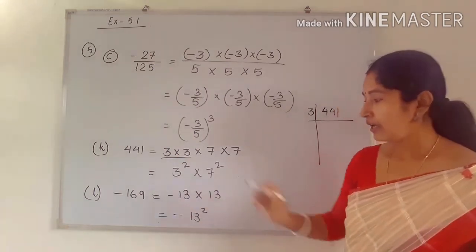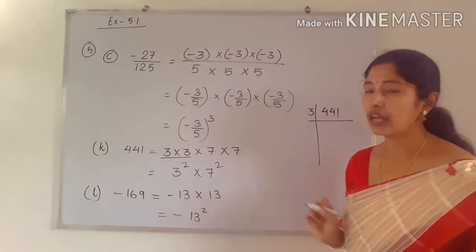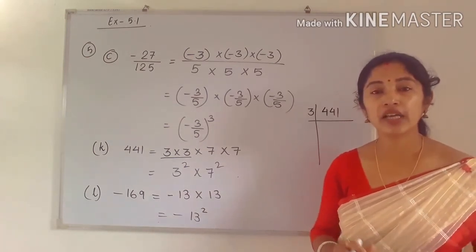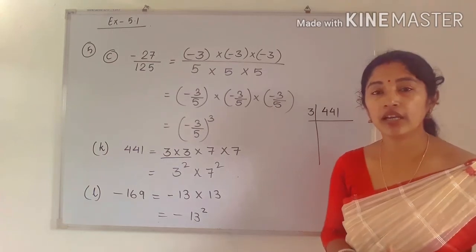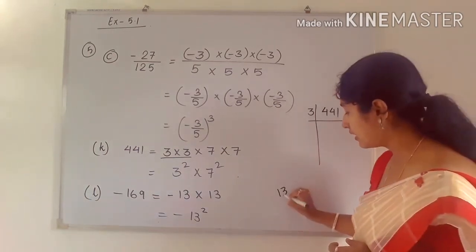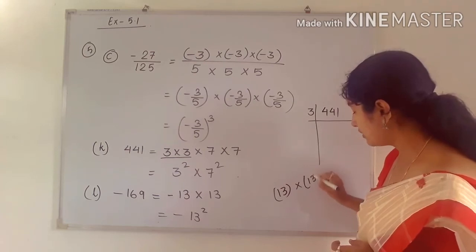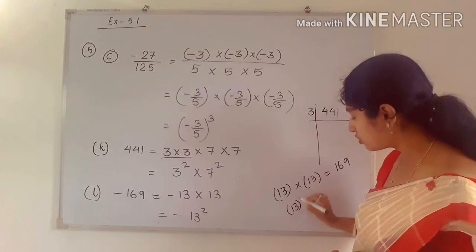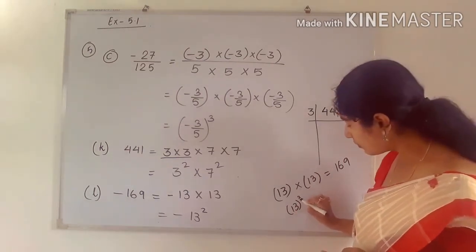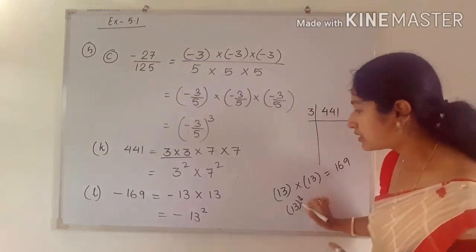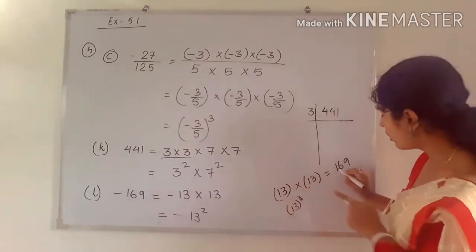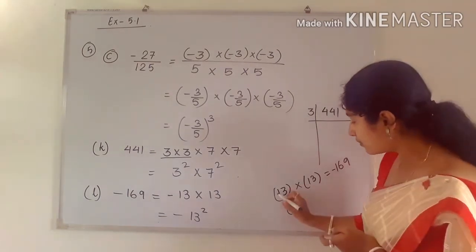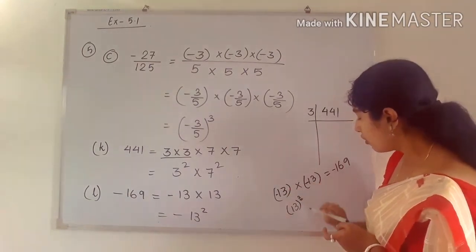Okay. Next number C, minus 169, and 169 is a square of 13. That means when we multiply 13 2 times, then we will get 169. So see, 13 into 13 will be 169. Okay. So 13 is multiplied 2 number of times, 2 times, that is an even number. But see, the answer, the value is what? Minus 169.